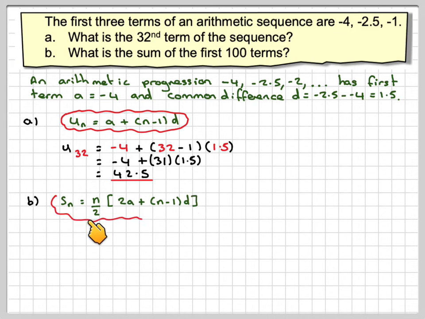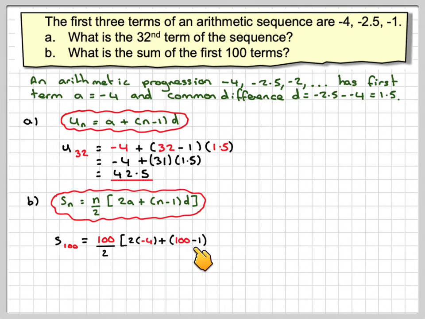The sum of an arithmetic sequence is n over 2 times 2 times the first term plus n-1 times d. So that will be the sum of the first 100 terms, which will be 100, because n is now 100, divided by 2, times 2 times -4, plus 100 minus 1 times my common difference, which is 1.5. So that will give me 50 times -8, 2 times -4, plus 99, 100 minus 1, times 1.5, and that will give me